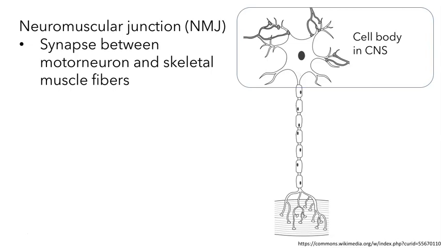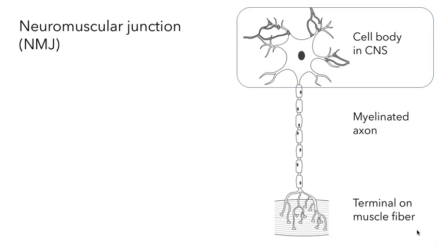Either way, the axon of that nerve cell will then exit through the spinal nerve or a cranial nerve and travel out to the target cell, the muscle fiber. We know more about the neuromuscular junction than about any other synapse in the body, in part because it's easily accessible, but also because it's implicated in a number of diseases. It is important to remember, however, that the neuromuscular junction is not a typical synapse, and it has a number